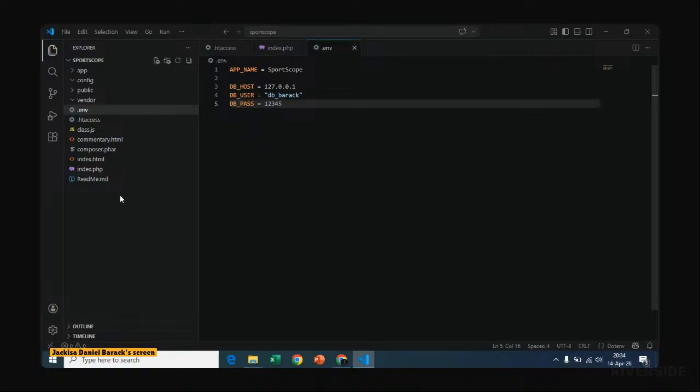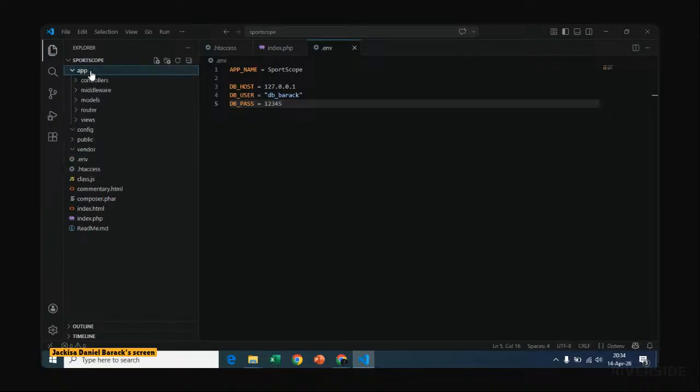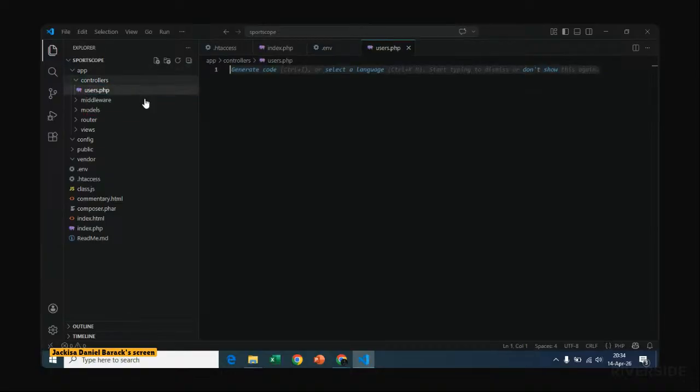So if you are going to use this under controllers, and under controllers we have a new file that we can call users.php, and maybe this is the file that controls users. You can say define, and then under define